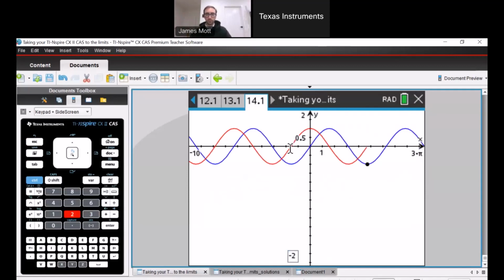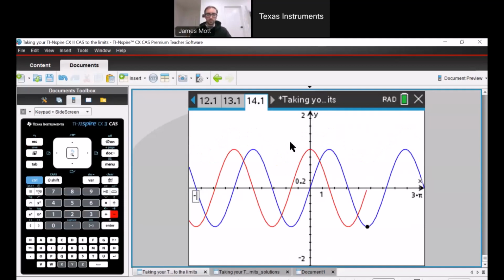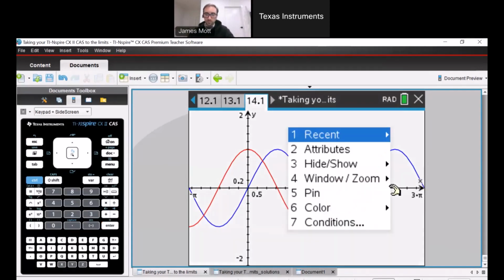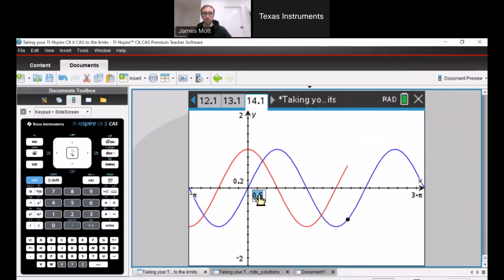And -2 and maybe negative pi or something like that. And now click on the X scale and change that to, as in the 0.5, sorry. Change the 0.5 to, let's say, pi on 2 would be sensible. Good. And something that people might not know is if you now change the attributes of the X-axis, so right